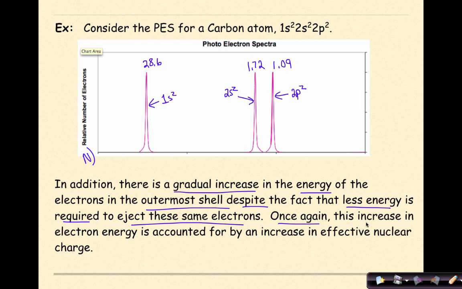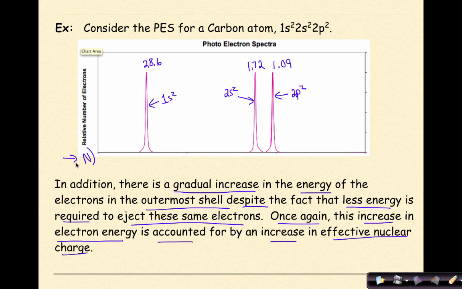Once again, this increase in electron energy is accounted for by the increase in effective nuclear charge. So what exactly does that mean? We know that as we move across a period, the number of protons in the nucleus is going to increase, making the nucleus more positive. This number here of 1.09 in the carbon atom was only 0.83 in boron, a lower value even though it's in the same 2p shell. So this value right here has increased because of the increased number of protons in the nucleus, therefore affecting the